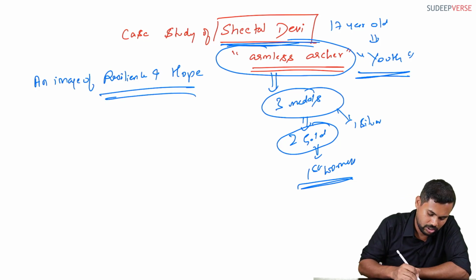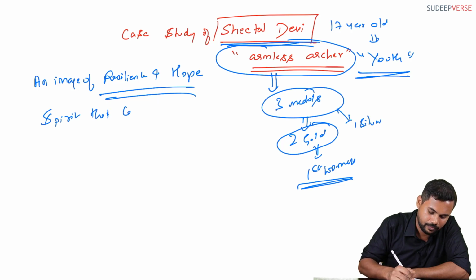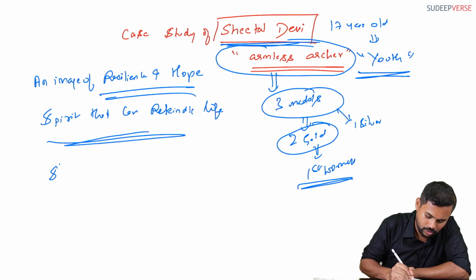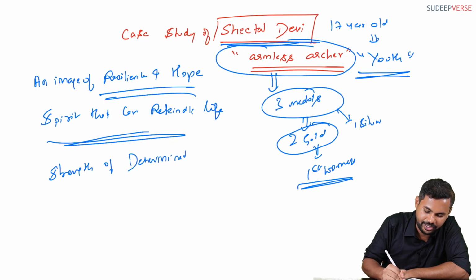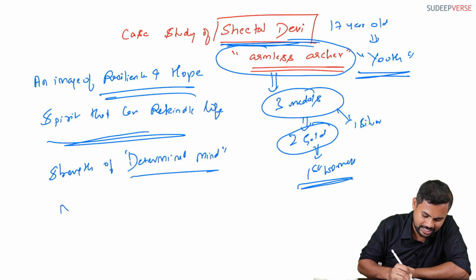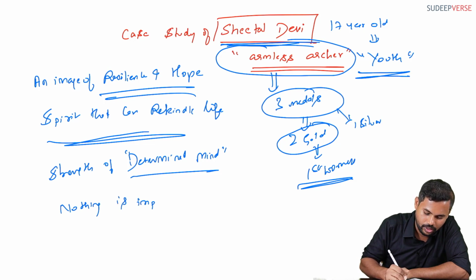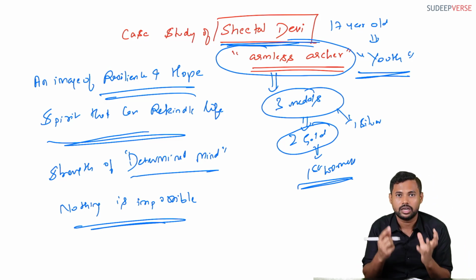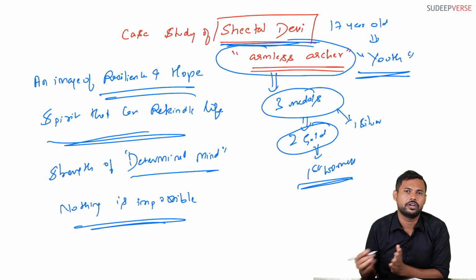The next is, she is a spirit that can rekindle life. She is an example of strength. What can the strength of a determined mind do? Okay, the next is, she is an example of this adage called nothing is impossible. Are you seeing this? So one case study of this young girl called Sheetal Devi can be used in different